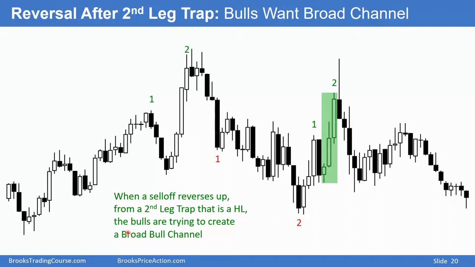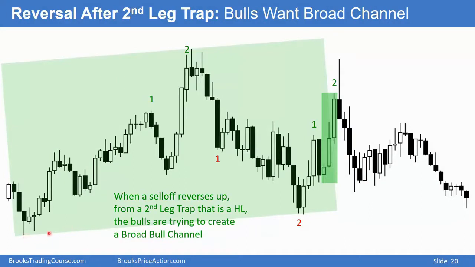Here, you can say this is above that low, and maybe this is the start of a broad bull channel. So we have a higher low, strong second leg up, maybe we'll get a higher high. And it could be. However, it's also possible to be a second leg trap in a trading range, and whenever the market is in the top third of what appears to be a trading range, or what could reasonably be a trading range, I think it's better to look to take profits and begin to look to sell.